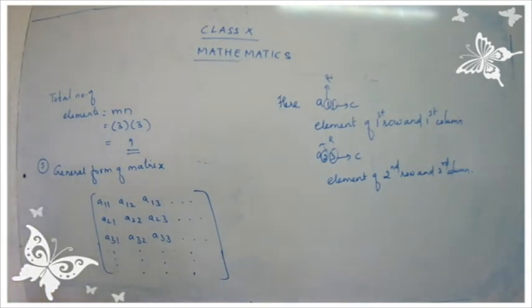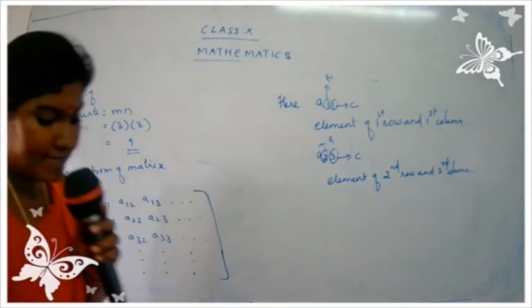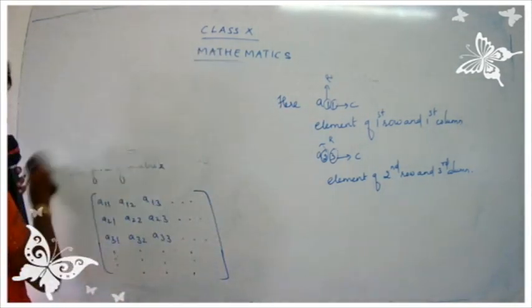Okay, children, we have few more points. We have to study about the different types of matrix. I'll be giving you the details of types of matrix in the next class. Now, let us continue with our exercise 3.16. I hope you have taken down all the 5 points. Have you taken down all the 5 points, children? Okay, good. Now, give the heading exercise 3.16.